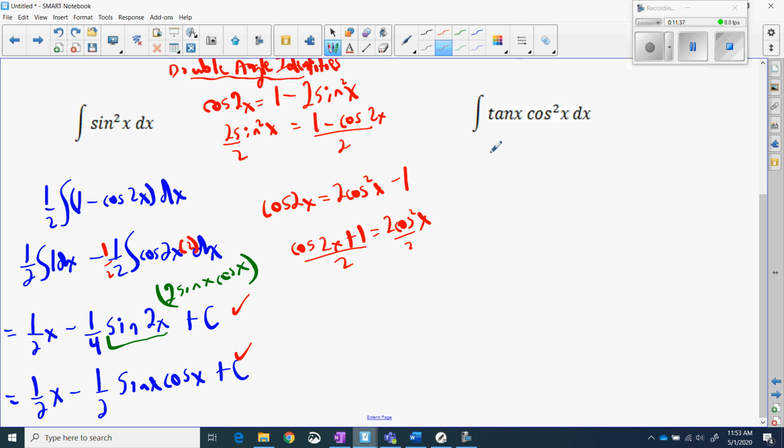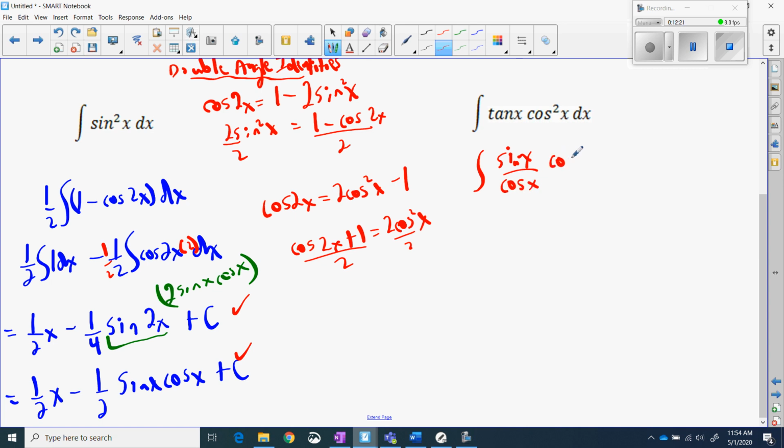So this one, I think what I would probably do here is put in a quotient identity. And as I said earlier, it's like a puzzle. Maybe I do that and it doesn't work, and I'd start over and try something different, because there's options for cos squared. I could be putting 1 minus sine squared in, but what I don't like is I'm kind of leaning towards maybe some kind of a chain rule where I want a trig function with its derivative beside it. Well, tangent's derivative is secant squared. Cosine's derivative is sine. So I'm thinking that if I switch this out and make it sine x over cos x,